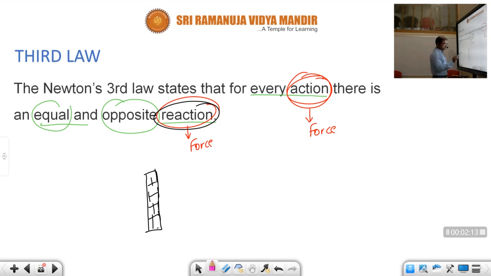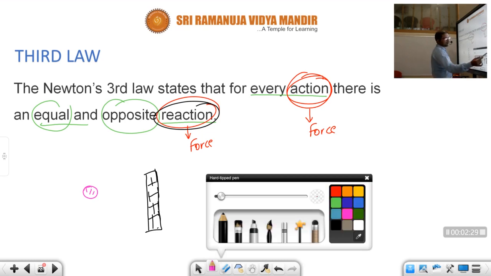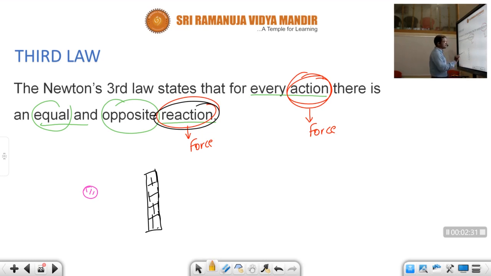Take a ball, a tennis ball, cricket ball, anything which has some elastic property, only for explanation purposes. Whenever you are throwing the ball against this wall,